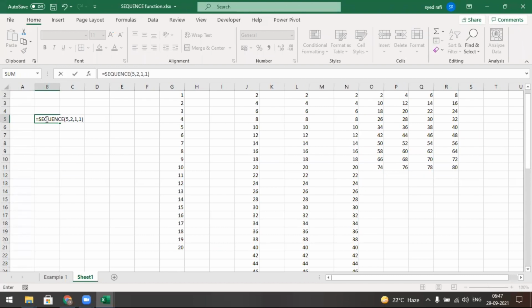It means natural numbers will be displayed in 5 rows, 2 columns. So now I get this value. Okay, I hope you can understand. In this way, we may use sequence. Each function you may learn with clarity.